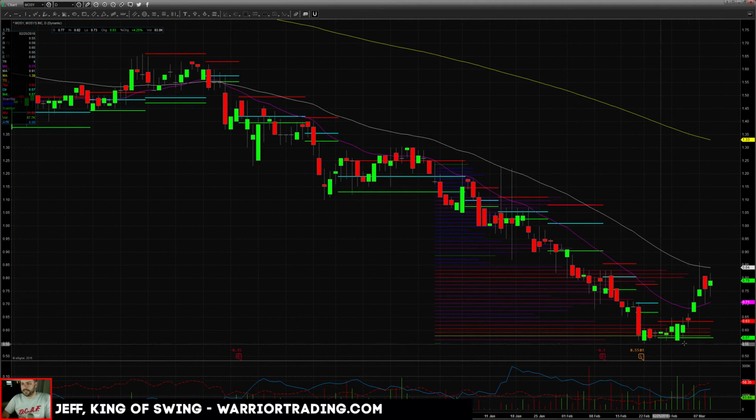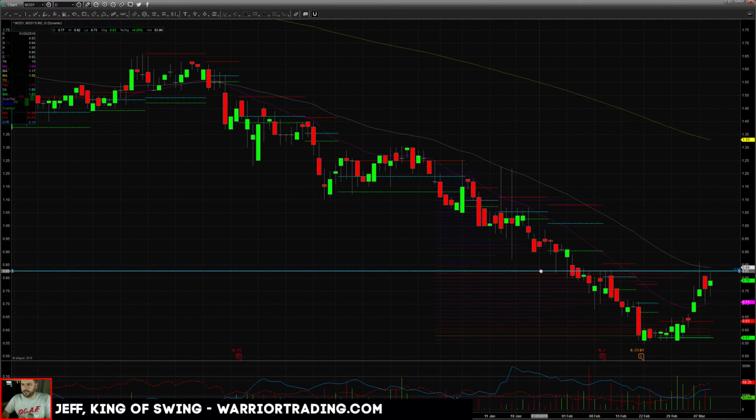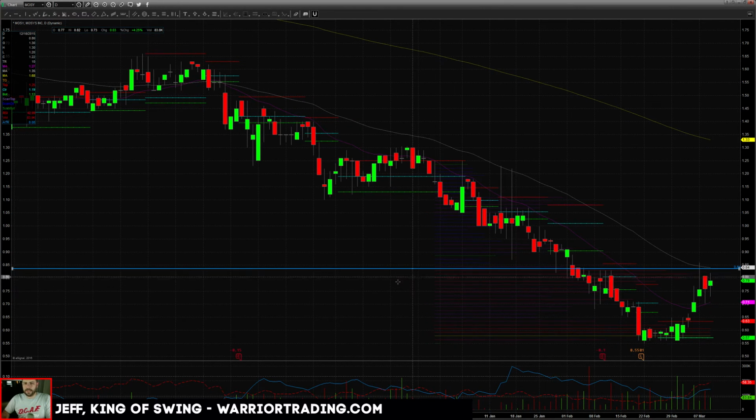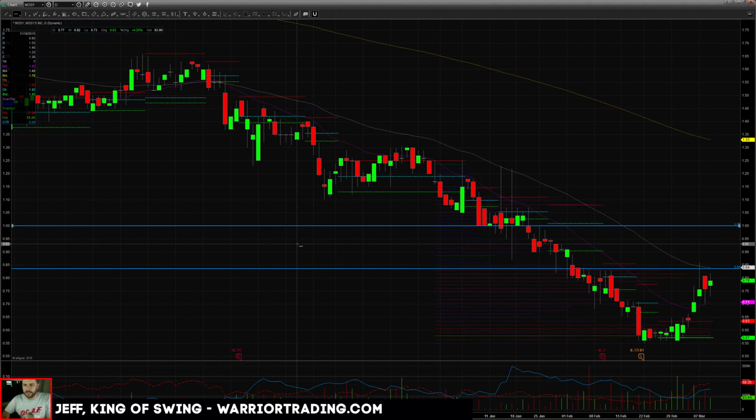Looking at this, I see this nice move up off the bottom here. Without knowing anything, just looking at this technically, it's trading between the 20 and the 50 moving average. I think over this 82, 84 area is where you want to wait for it to break. You can see once it gets over the 50, it's pretty clear for a run back toward the $1